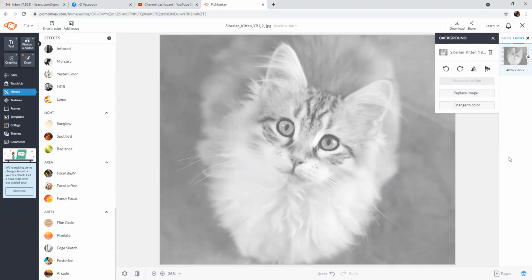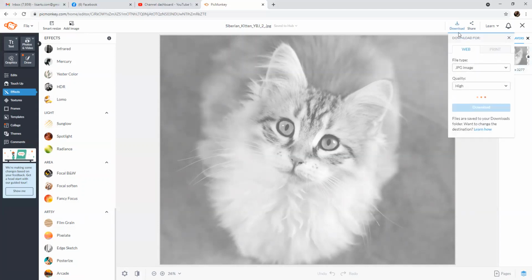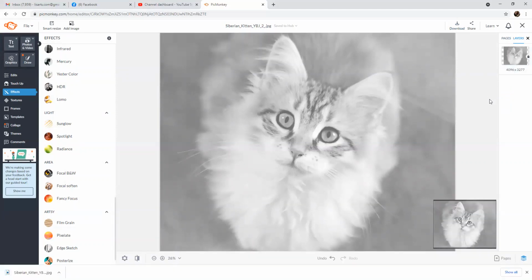And then to keep these, sorry, all these little boxes love to be back here. Up here in the upper right, find the download. Don't do the share, that just doesn't work. Download. I want to do for print, and I like to do a JPEG image. I could also do it as a PDF document. Whatever you like to do, however you would like to print that out, and then download it. It'll be a reasonable size of about 2